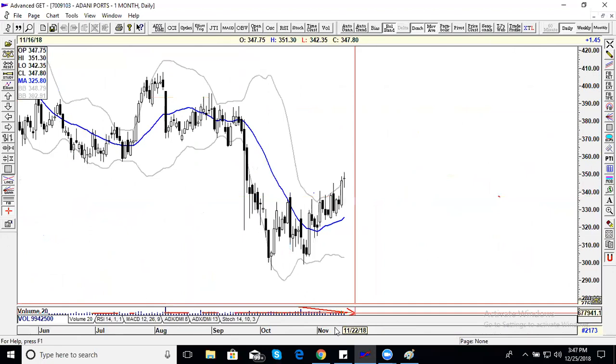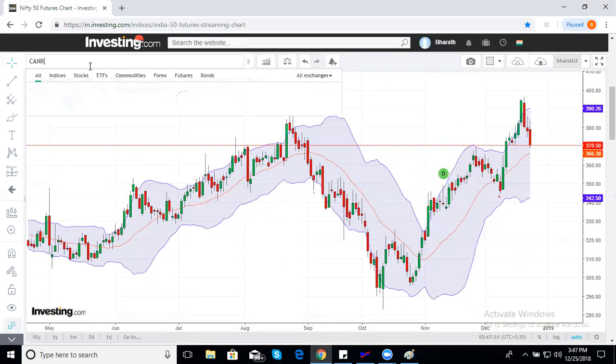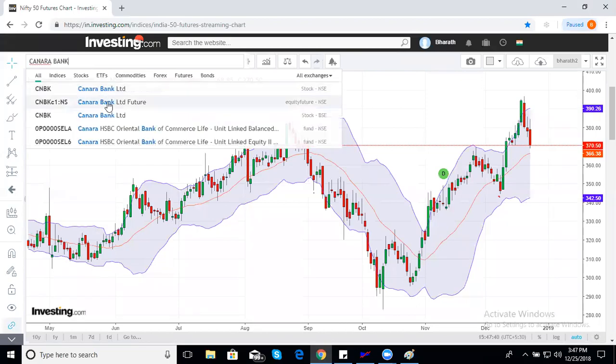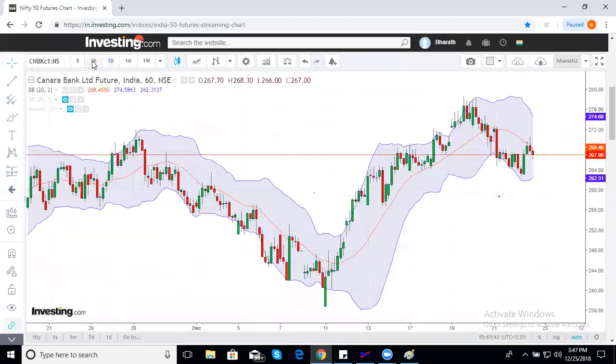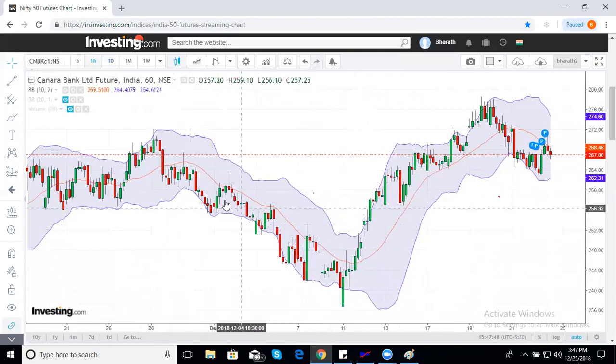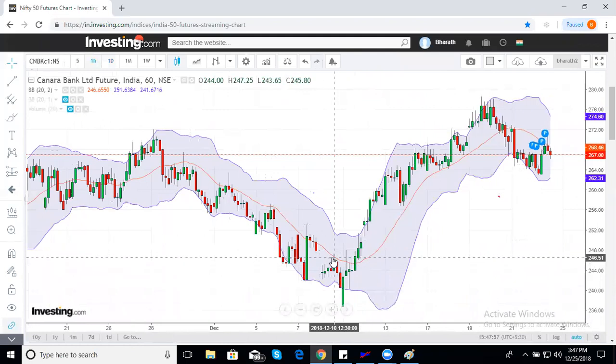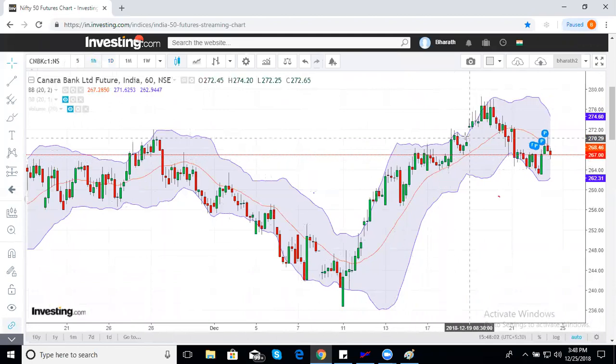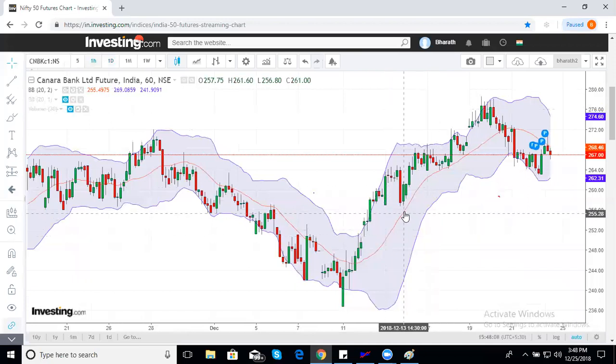Let me show you one trade. See, look at this. This is obviously a bearish market on the hourly chart. The middle band is acting as resistance, again and again, and then comes back. In a bull market, the same middle band will start acting as support. So as long as the middle band is held, nothing to worry about. You can keep the entry, right?